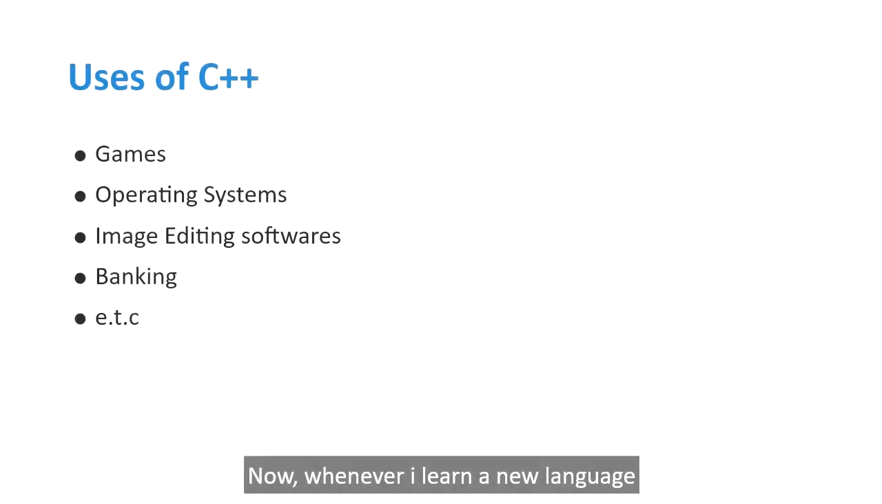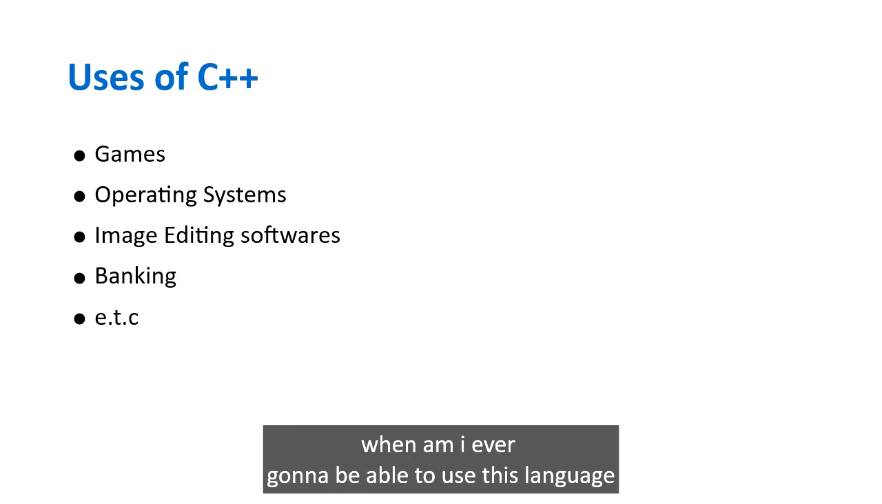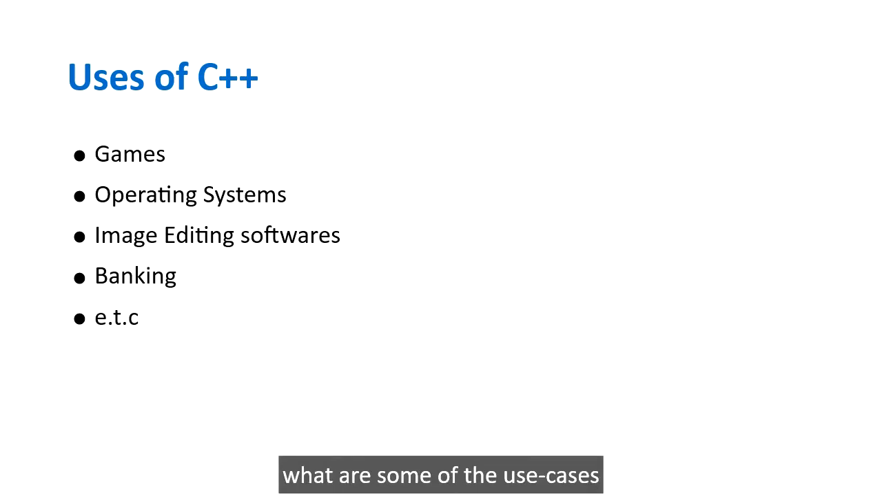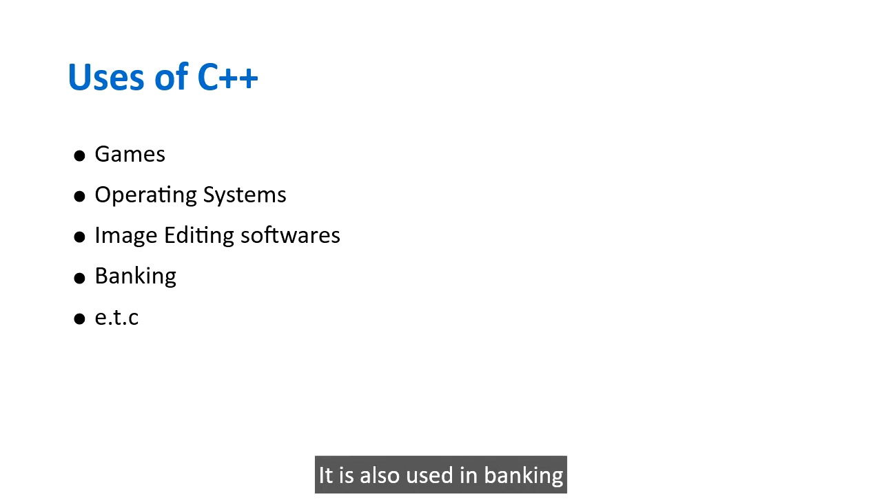Now, whenever I learn a new language, I always try to ask myself, when am I ever going to be able to use this language in the real world? What are some of the use cases of this language in the real world? C++ is used for making games. It's also used in operating systems like Mac OS. It is also used in banking and in image editing softwares like Adobe softwares. So the use cases can go on and on and on. And for those who want to know more about the use cases, I am going to attach a link at the bottom of this video so that you guys can go and see the wide range of uses of the